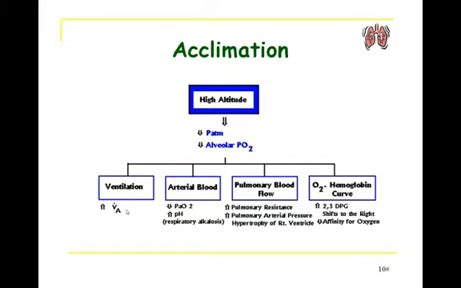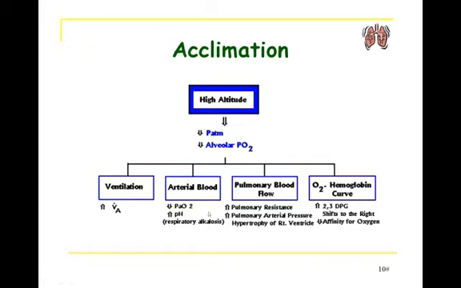Now, the other things that occur during the acclimation process to the higher altitudes is the partial pressure of oxygen will decline, which is obviously what stimulates this increase in ventilation. What results, though, is respiratory alkalosis, because you're blowing off a lot of carbon dioxide. Now, this can make you feel a little crummy. So this is one thing that can cause some of the altitude sickness that we're going to be talking about.